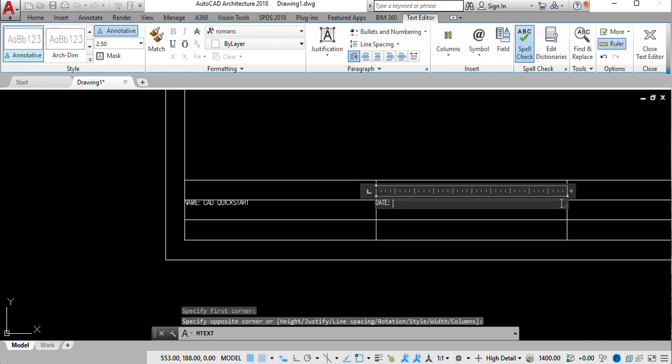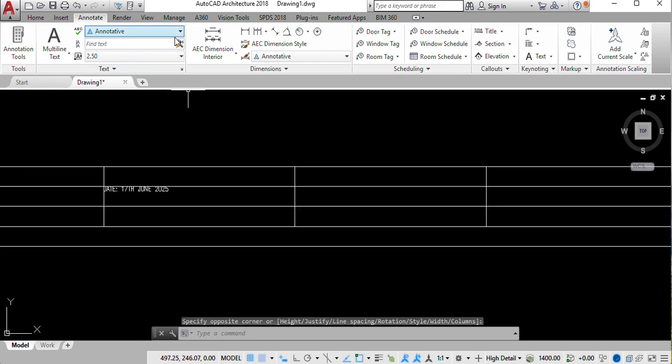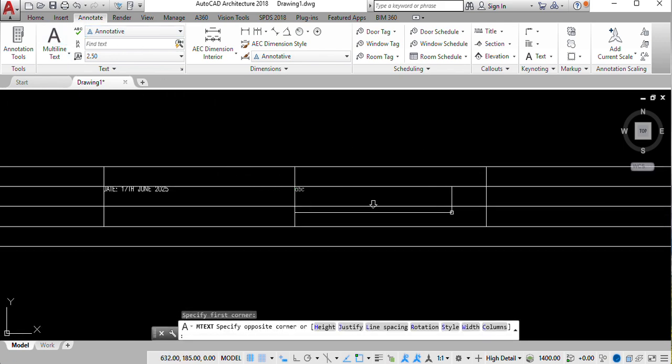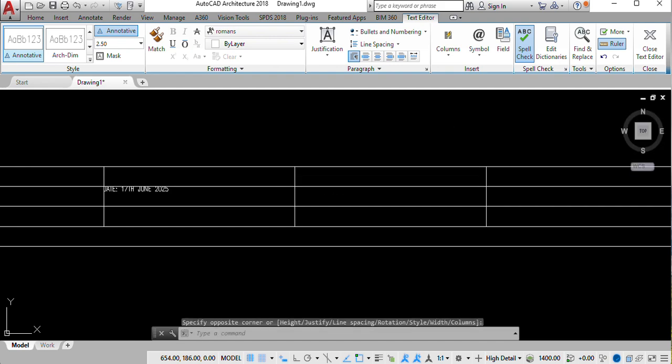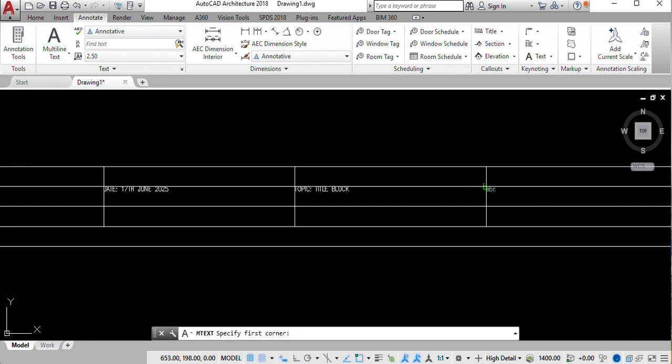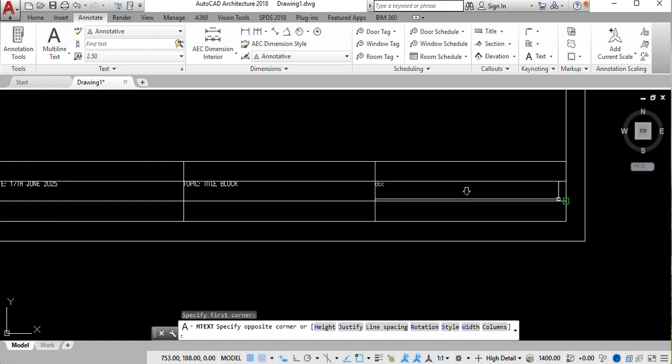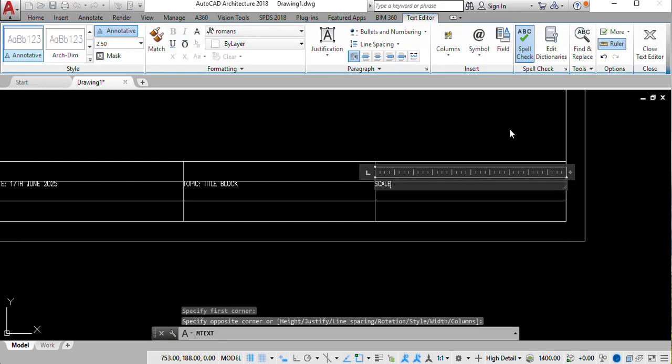Date, 17th June 2025. Topic, title block. Scale,